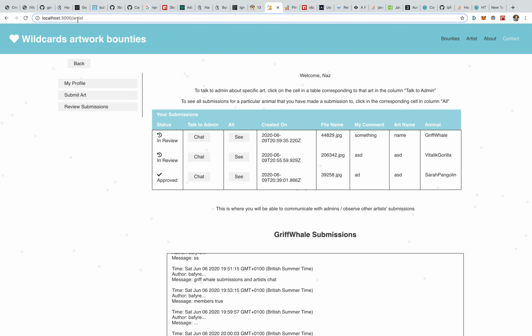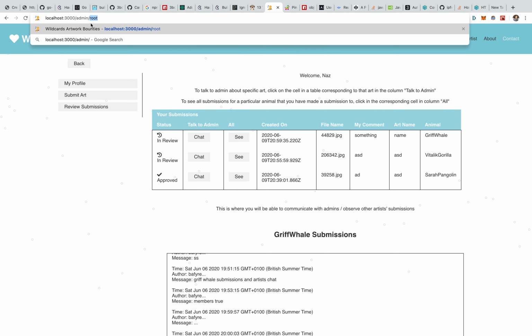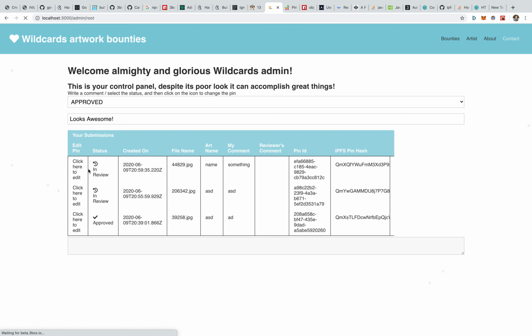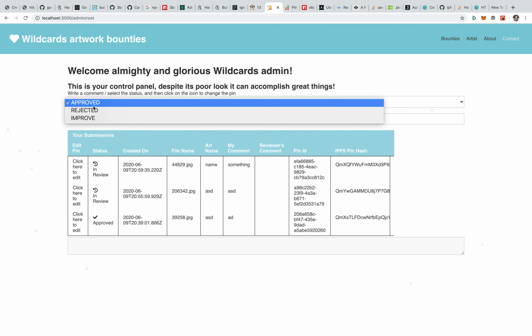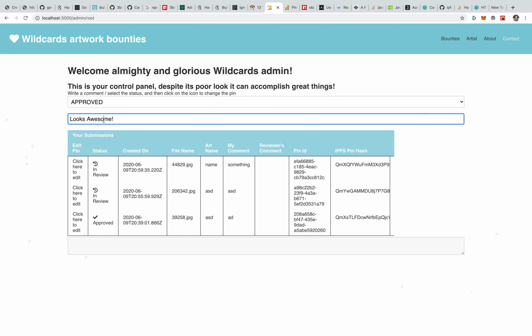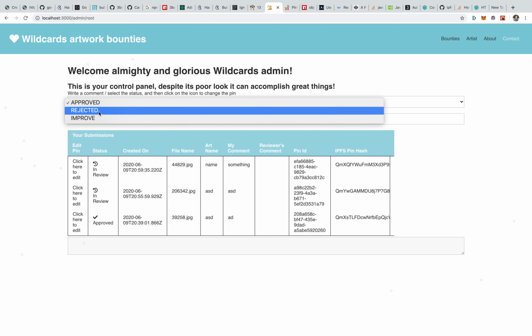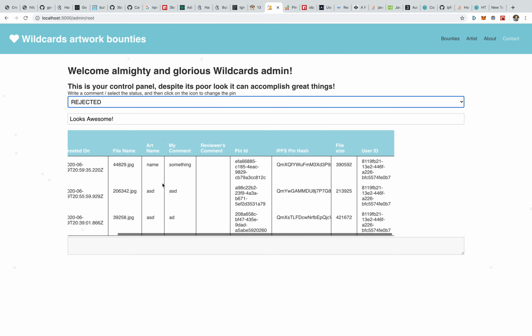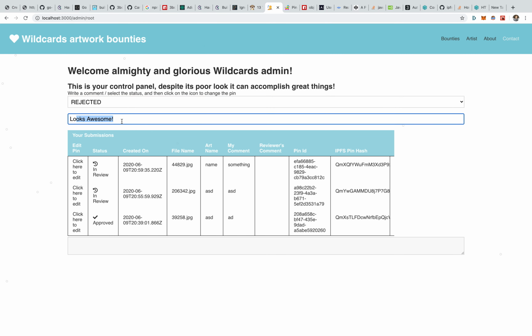For the admin part, nothing has changed there, but just for the purposes of demonstration, I'll go there. Once again, if you want to review the submission, all you have to do is select the status that you want to move the submission to, and the comment. Suppose we want to reject the submission that we've just made for whatever reason, and say, I don't know, not good enough. All we have to do is to click,